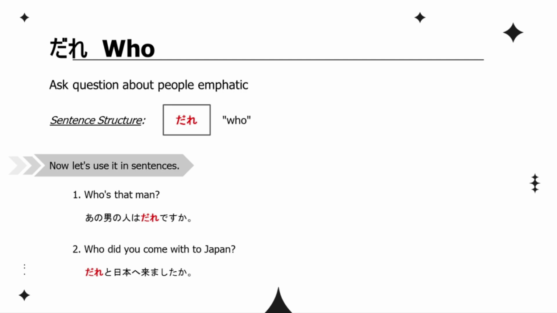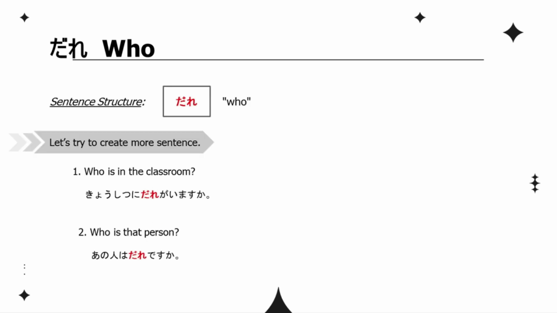Who's that man? あの男の人は誰ですか？Who did you come with to Japan? 誰と日本へ来ましたか？教室に誰がいますか？あの人は誰ですか？